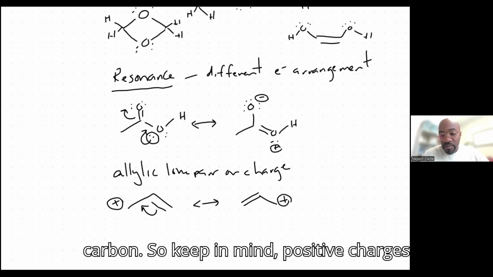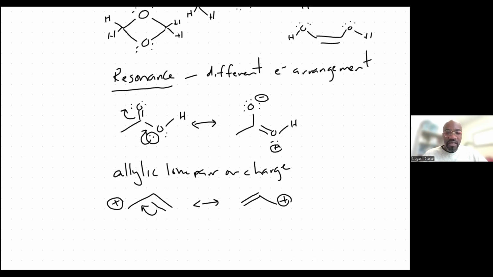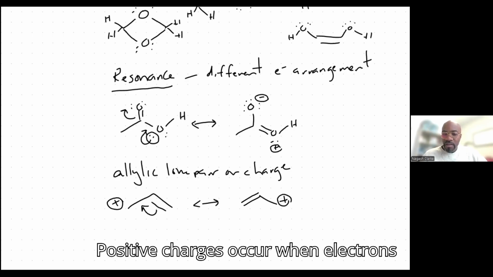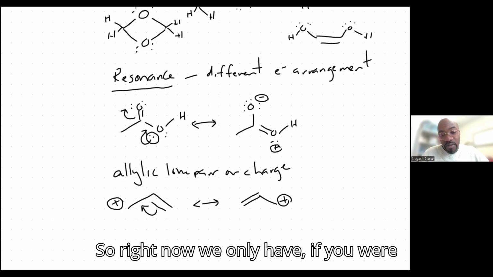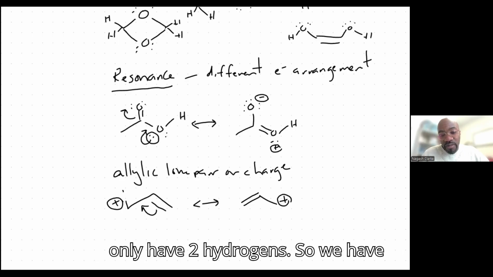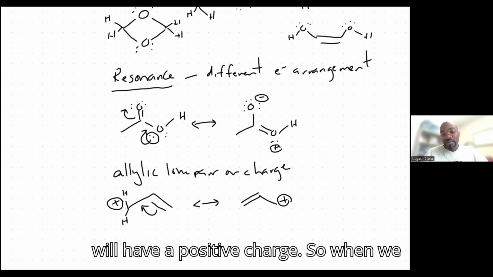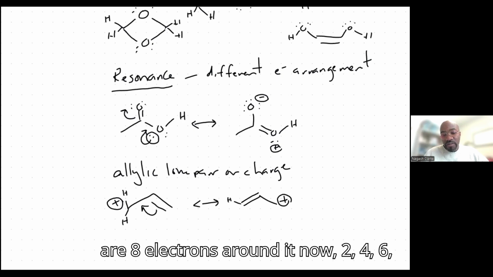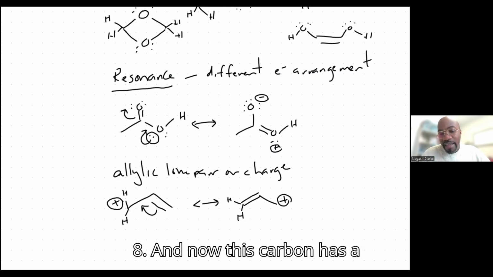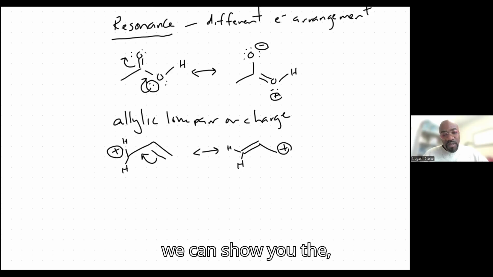Creating a positive charge on this carbon. Keep in mind, positive charges don't move because positive charges imply a deficiency of electrons. Electrons are the species that move. Positive charges occur when electrons move away and create a deficit. If you were to put in your hydrogens, we only have two hydrogens, so we have 6 electrons, and thus, being less than an octet, the carbon will have a positive charge. When we move the electrons towards it, now the octet for the carbon is filled because there are 8 electrons around it now, 2, 4, 6, 8. And now this other carbon has a deficit. It has only 6 electrons. So that's allylic lone pair or charge. So we can show you the